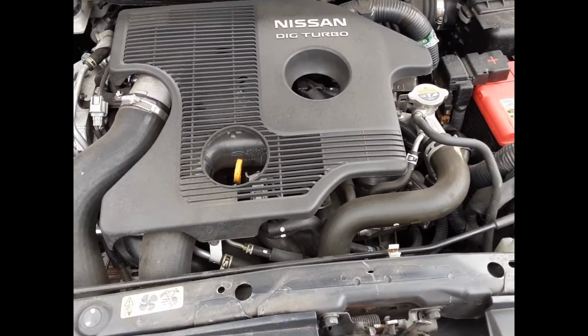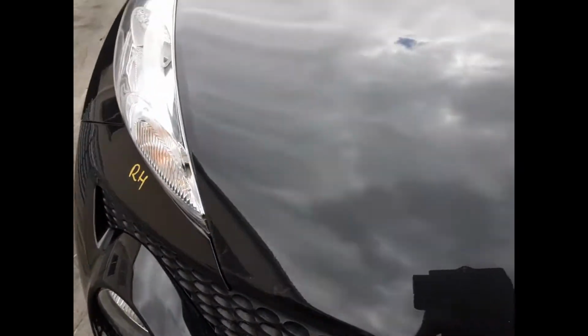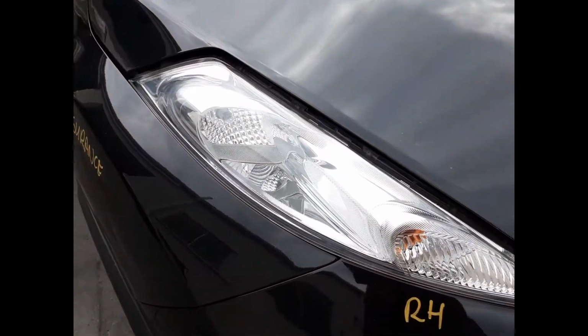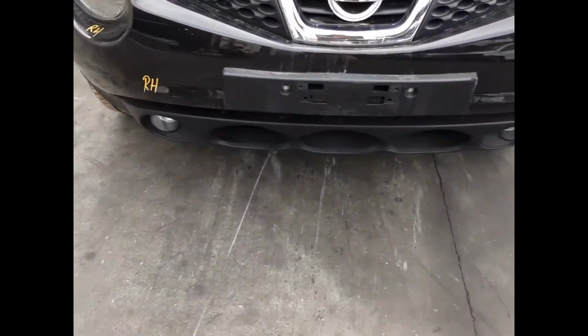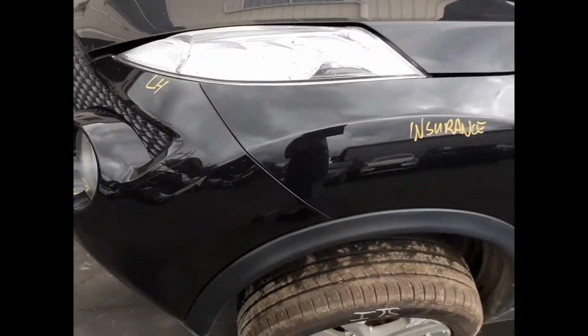MR16 DDT, 1.6 litre 4-cylinder turbo petrol engine. We have the bonnet appears to have no damage, tidy radiator grille, right hand quarter lamp, right hand headlight, right hand fog light, tidy front bumper cover, left hand fog light, left hand headlight, left hand quarter lamp, left front